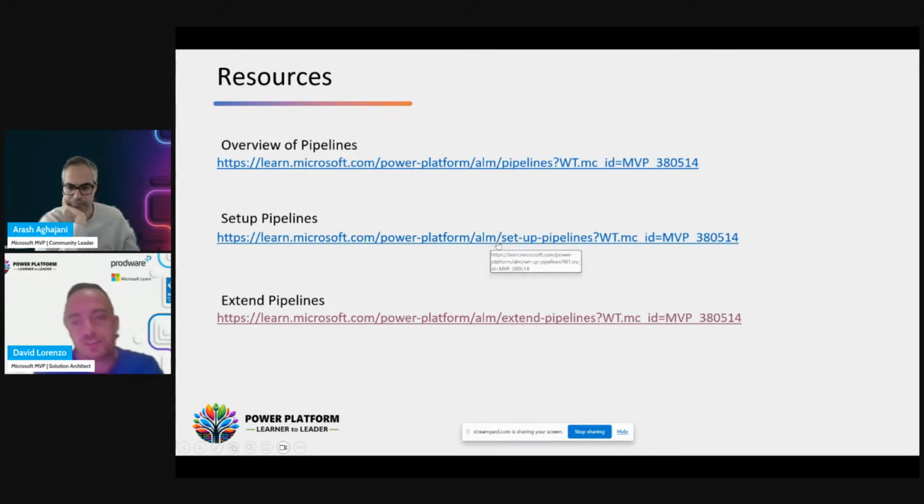So this is the first part of the demo I showed you: install the application and configure all the pipelines configurations. And in the end, you can read this article in order to extend the pipeline. I show you some extension points that you can use, some extension ideas, but of course there are more.